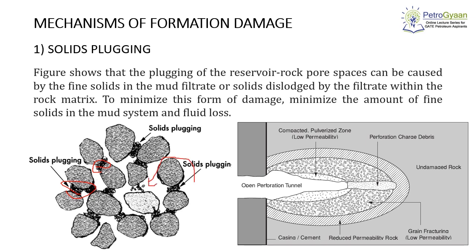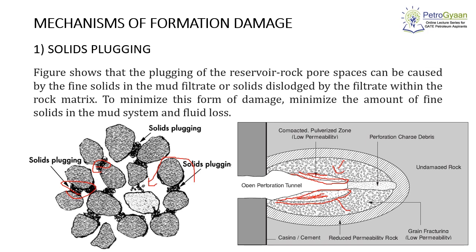While in case of perforation, that results in an open perforation that is enclosed with a lower permeability zone. As you can see in the figure, these are the lower permeability zones. When you explode the perforation gun or perforation charge, that zone will be compressed and it will create the lower permeability zone. So this damage area results in reduced inflow of fluid. So this will restrict the inflow of the fluid. But sometimes with time, the productivity index, which is nothing but the fluid production per unit well drawdown, will increase with time because of the cleaning process of this area.